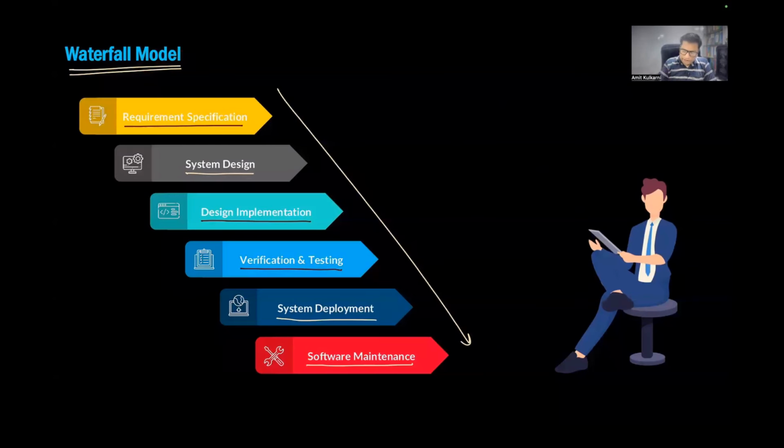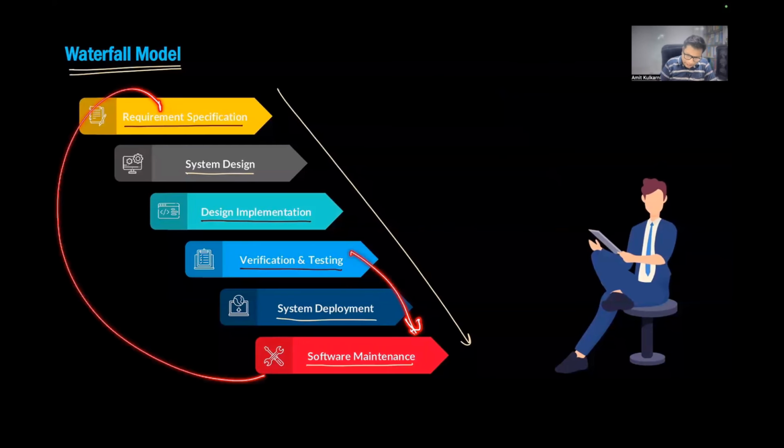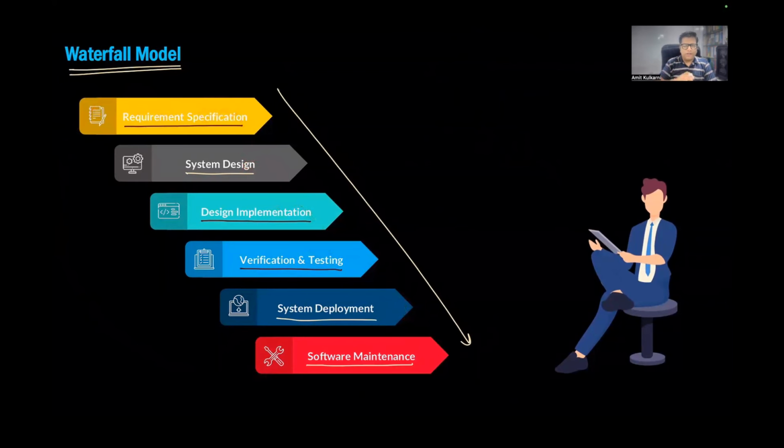So for example, if you found here that, hey, you missed this particular functionality, you can't go back to the previous step and start implementing again. No, you will get it done as is, you complete it, and then you start from here again, you come here again, and then make the changes there. So in short, like water or like a waterfall, it always goes from top to bottom. There is no reverse direction. You can't just go back to the previous stage and fix it immediately.